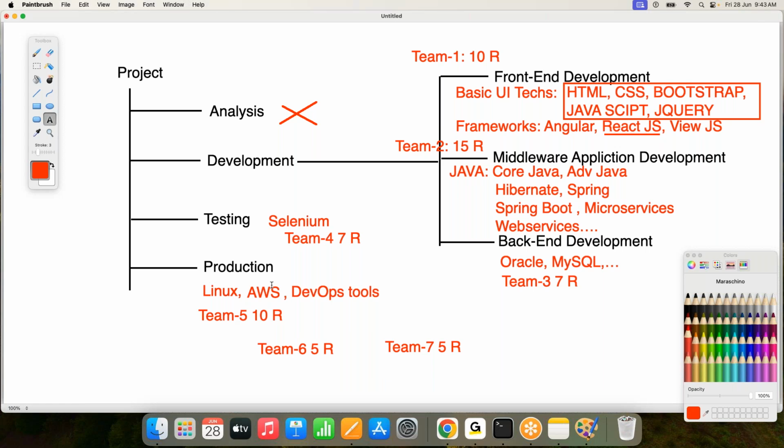So nowadays, every company is looking for what? A full stack Java developer. If they're having Java projects, they're looking for what? A full stack Java developer. That's why it's a trending name nowadays. Maybe for the last 5 to 6 years, that name is trending outside. Full stack developer, full stack Java developer.